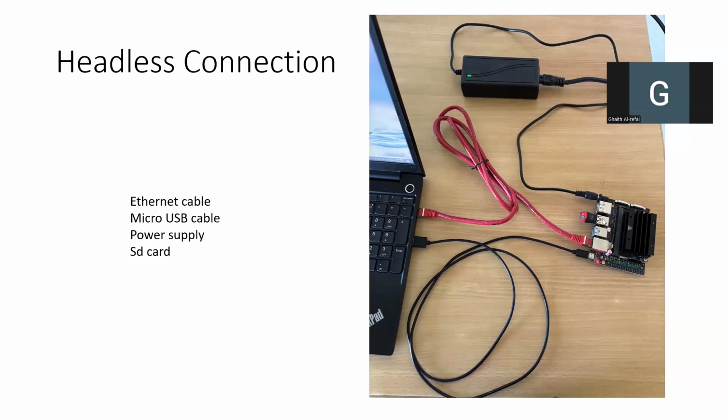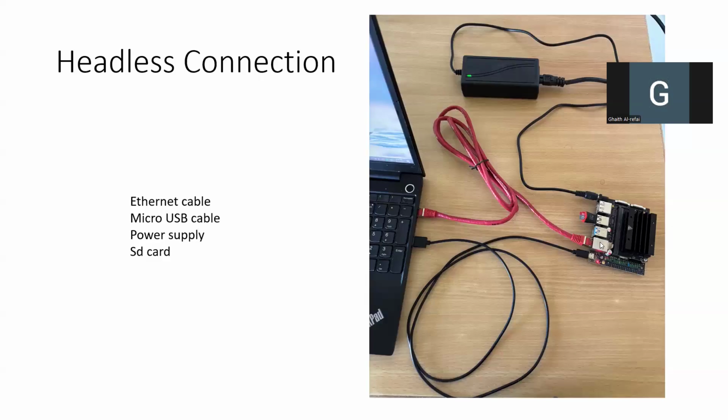My Jetson Nano has 16 gigabyte eMMC in the back, so I cannot connect it directly to the board. And if you bought a Jetson Nano without eMMC, there is a slot in the back. You can just insert the SD card directly. If there is eMMC, you can just use an SD card to USB reader and connect the SD card to